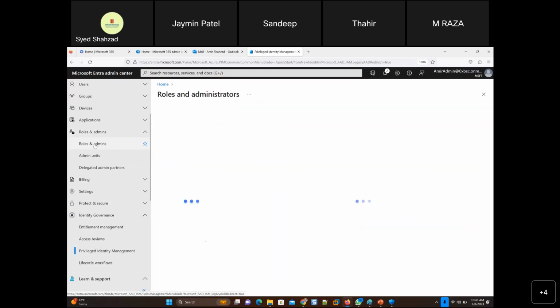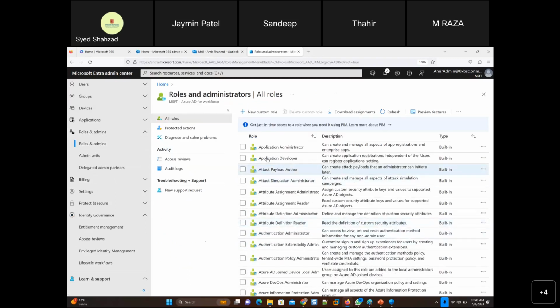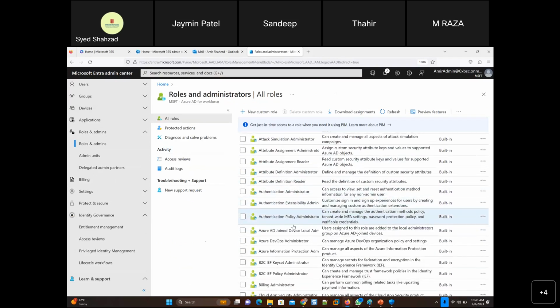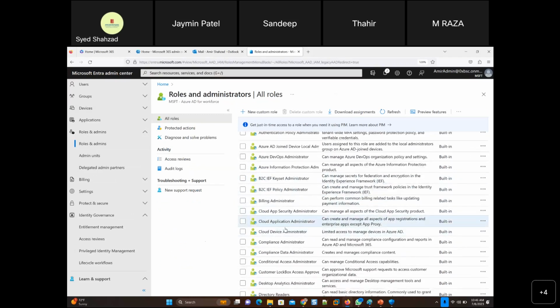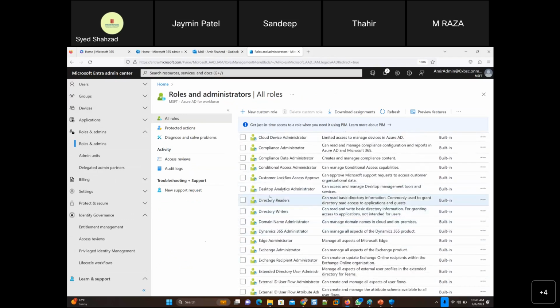If I go to roles and admin, these are all the roles: application administrator, application developer, attack payload author. It goes on: authentication administrator, cloud application administrator, cloud app security administrator. So you should know what cloud app is and how to administer it. You can become an administrator, desktop analytics administrator, right?